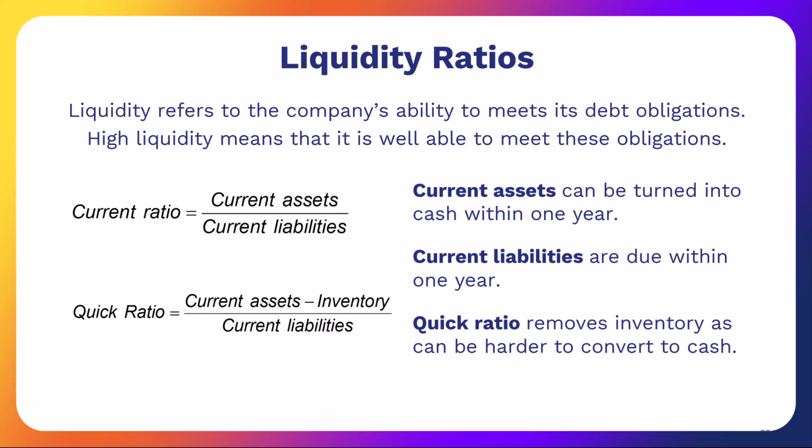So if current assets are greater than current liabilities, that is, if the current ratio is greater than 1, we have more cash than we have bills, so the company has liquidity. And the bigger the numbers here, the greater the liquidity. The quick ratio gives us a more conservative view by subtracting out inventory, because inventory is a little bit harder to convert into cash than accounts receivable is.